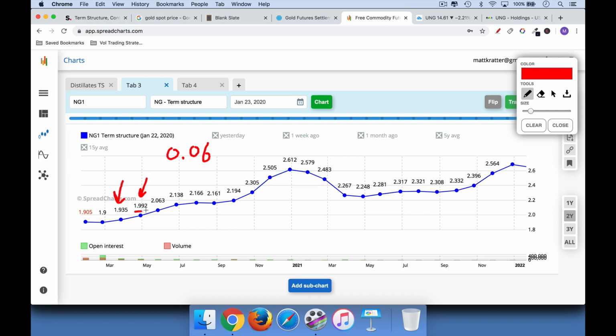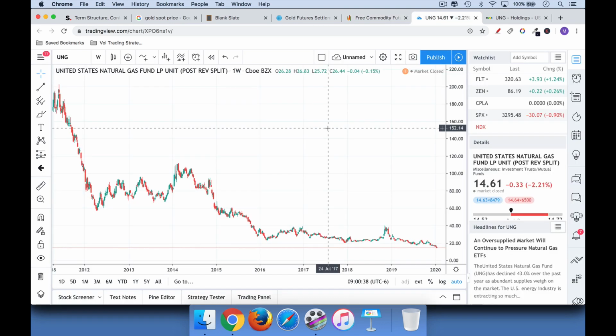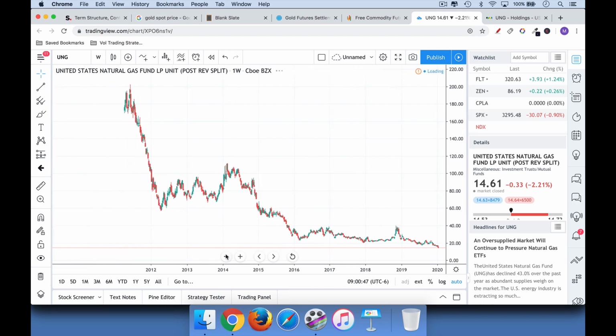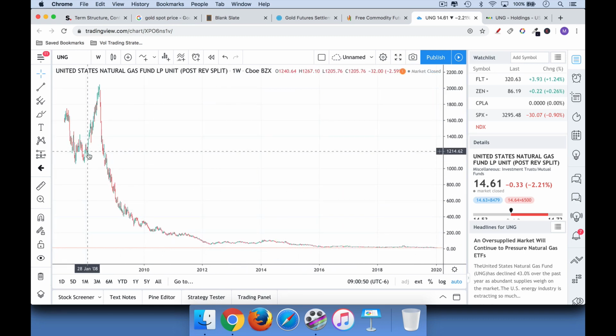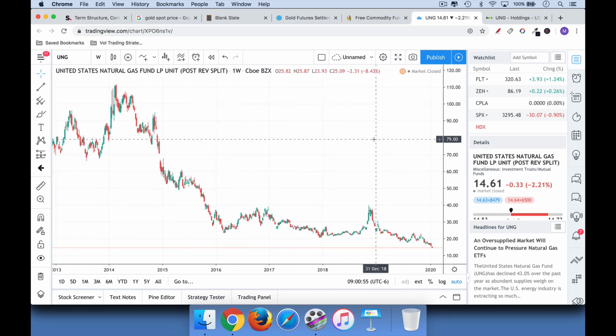So, for example, I'll buy this here at 1.992. I'll sell it at 1.935. And then maybe I'll do the same thing again. I'll roll out to the next month, which is at 1.992, and then a month later, I'll sell it at a lower price. You're basically rolling down the Contango curve the entire time. That's why most of these commodity products, commodity ETFs or trust units, lose money over time. It doesn't mean you should short them, because you can get some crazy spikes where they will move up. In this case, this has had a lot of reverse splits because it just goes down, down, down.